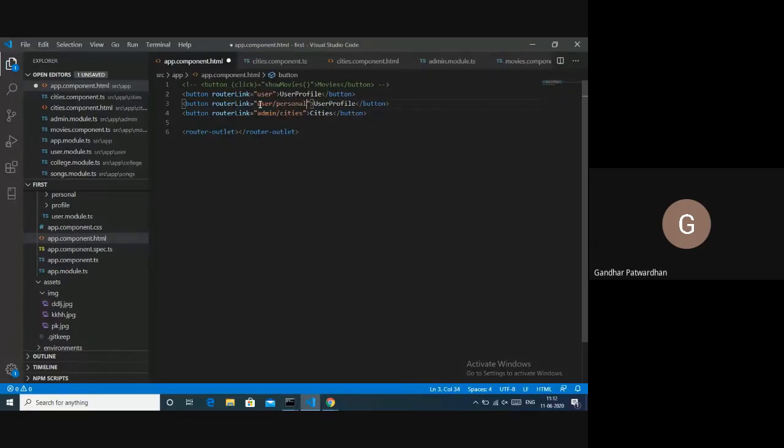Right. So how are we accessing? We are accessing it using the base module path, which is user, and then the name of your specific route. So personal is for, I'll call it user personal. Right. Let me remove this.